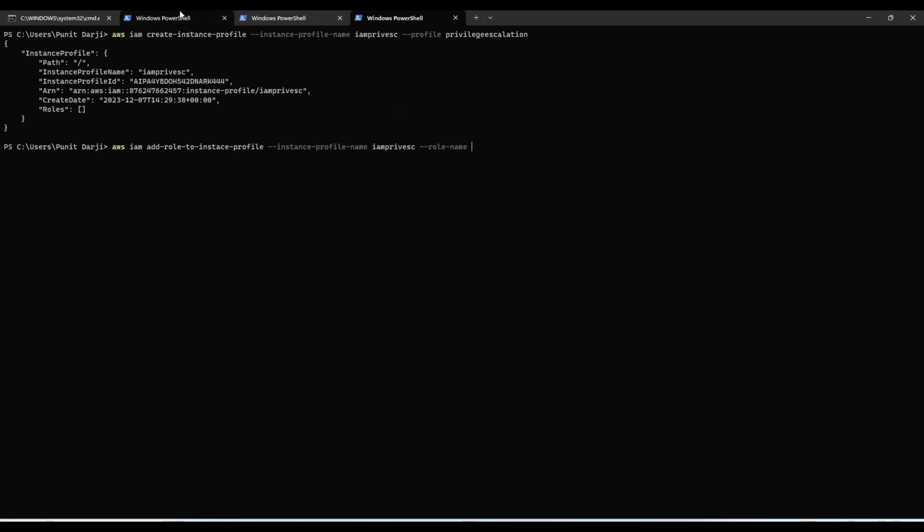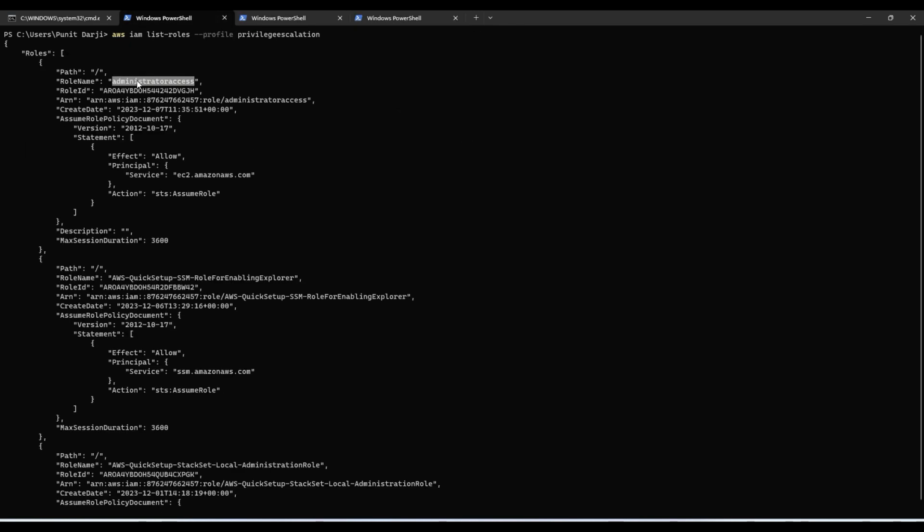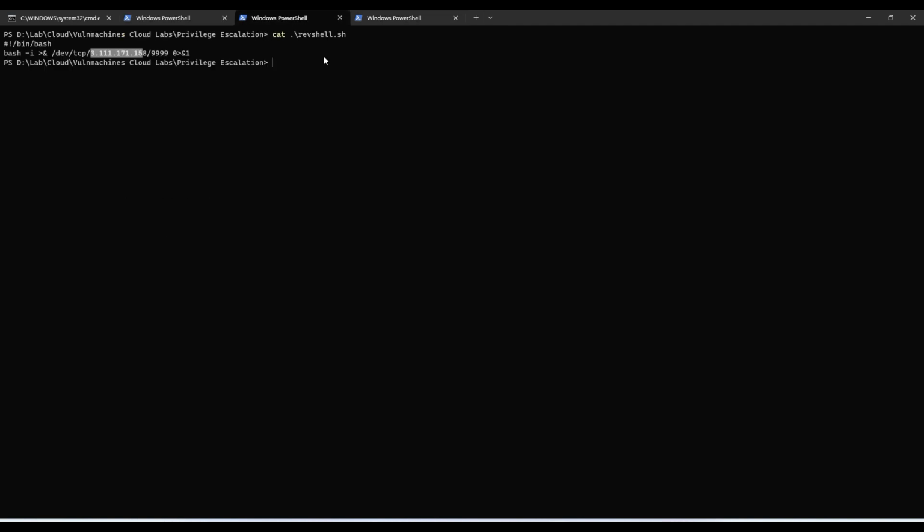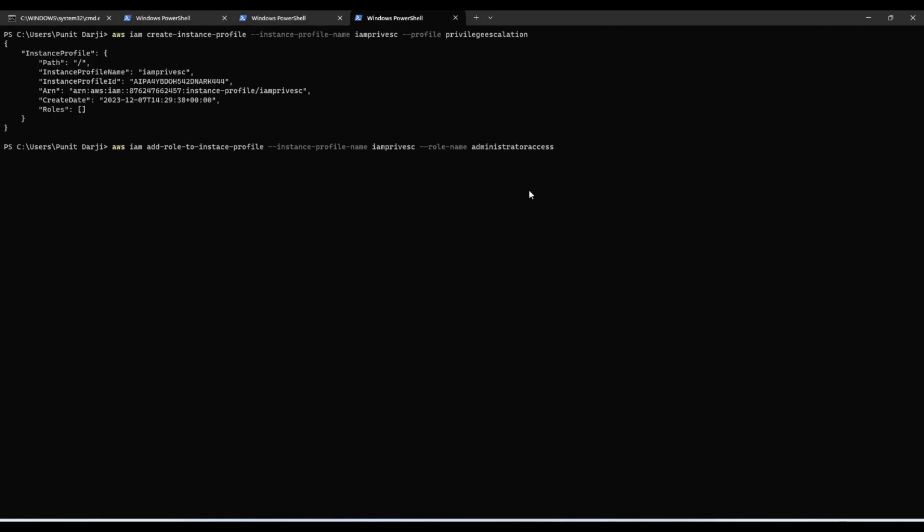The role name is administrator access. So we are adding the role to this privilege escalation instance profile, and give the profile and